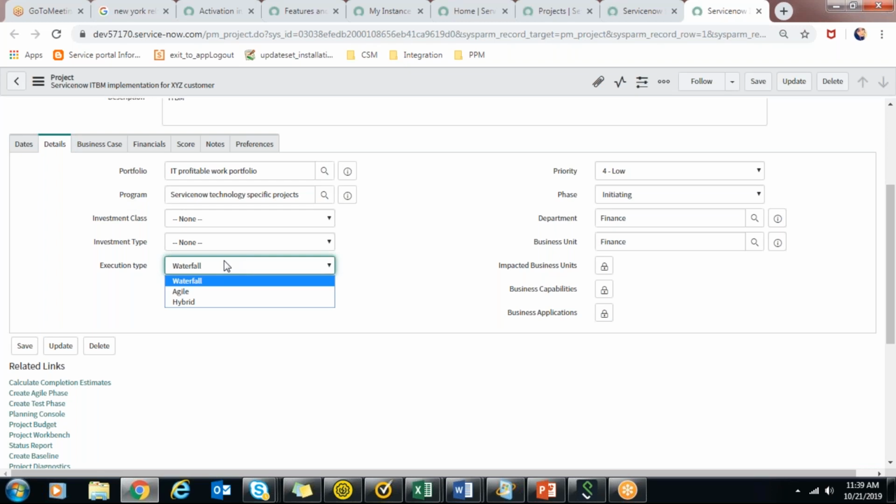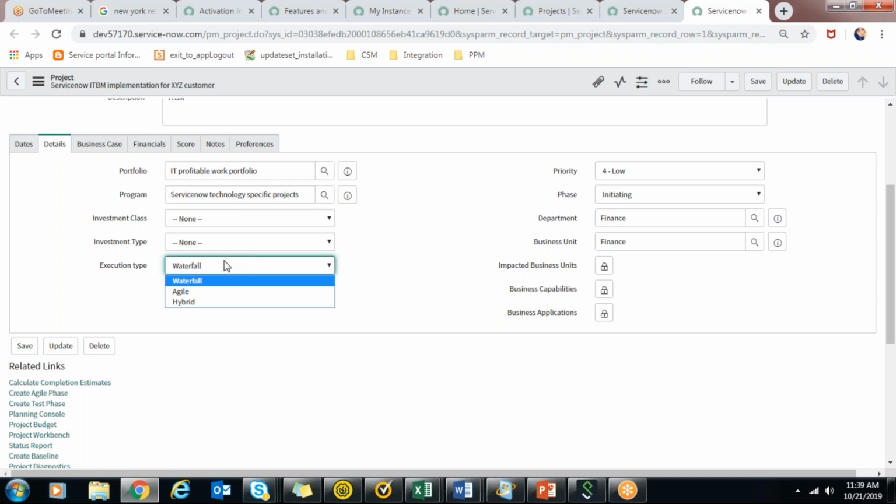Are there project tasks that follow a story scrum model, or there are project tasks and project task dependencies defined as might be in a waterfall model, or there are some project tasks which are following agile phase and some tasks following waterfall phase? Then you can select here hybrid.